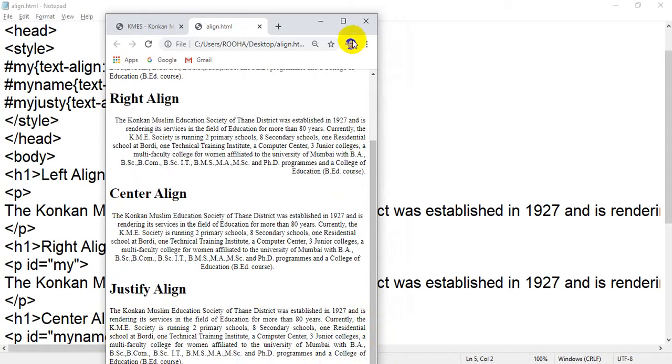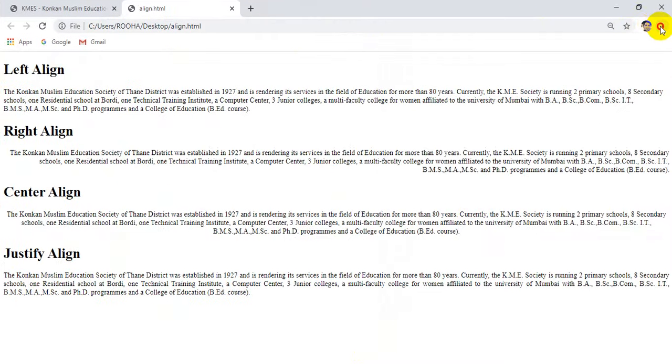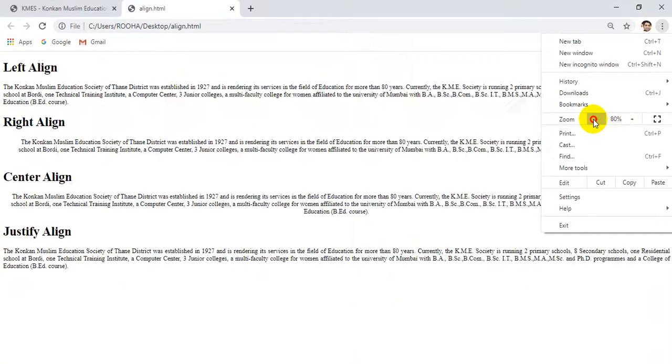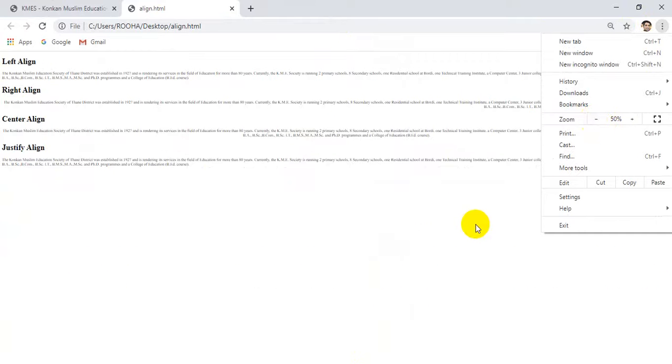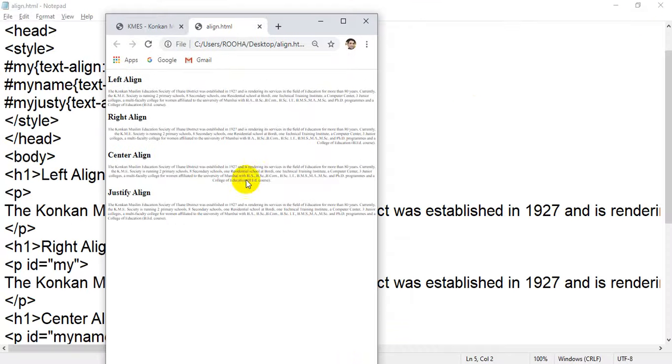Okay, students, for example, if I minimize, see the difference. In left align, it only aligns from left, but there is a gap, it's not aligned from right. And inside the right, it's aligned from right but not from left.